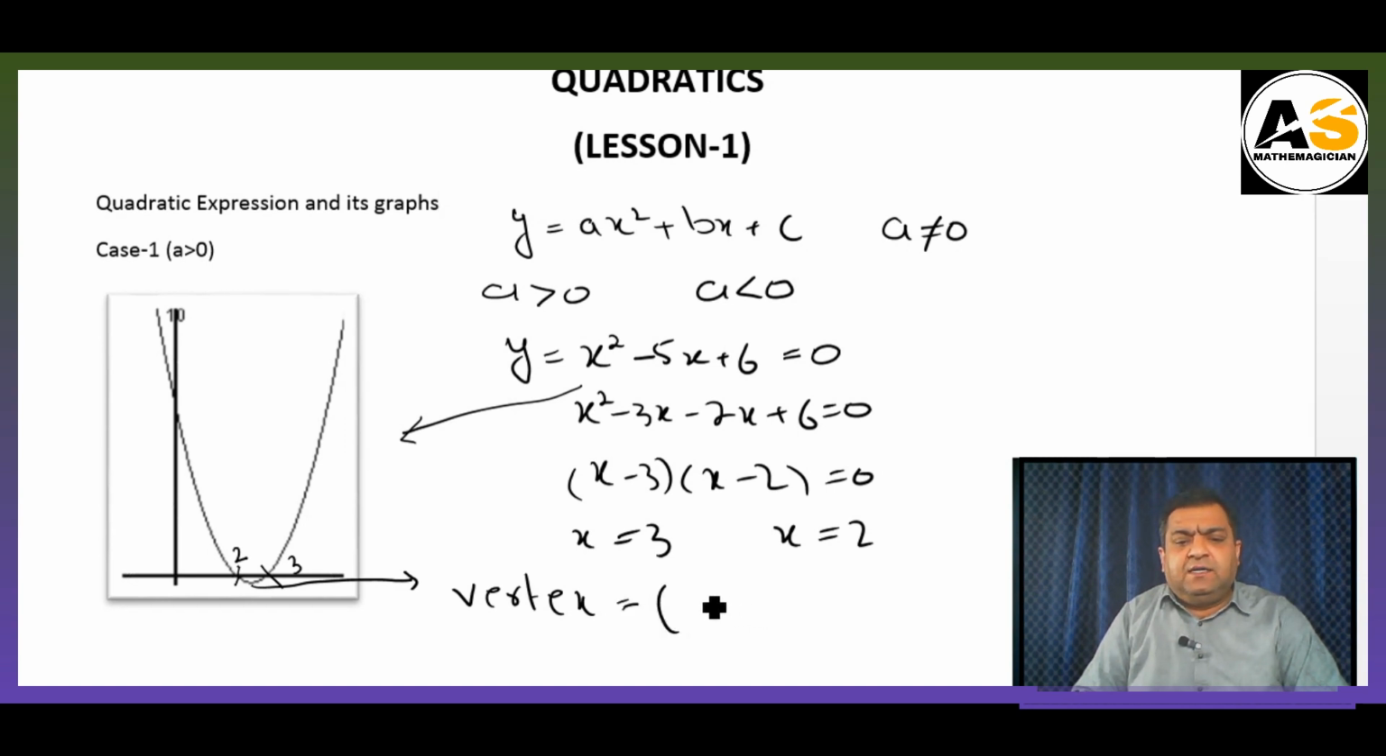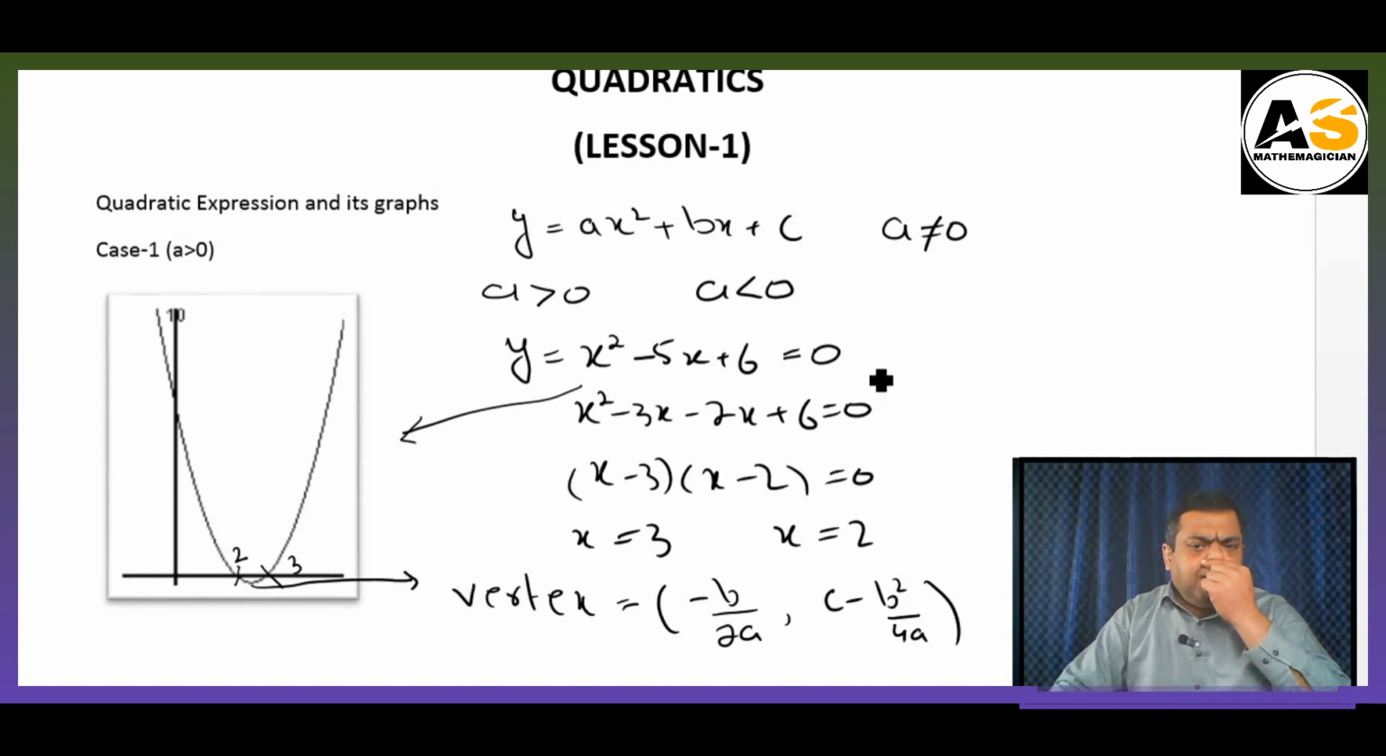Coordinates of the vertex are -b/2a and c - b²/4a, where this c - b²/4a is the minimum value of this polynomial, the y-coordinate of the vertex. This graph is very important. We will have to look into the graphs of quadratic polynomials when solving many questions,